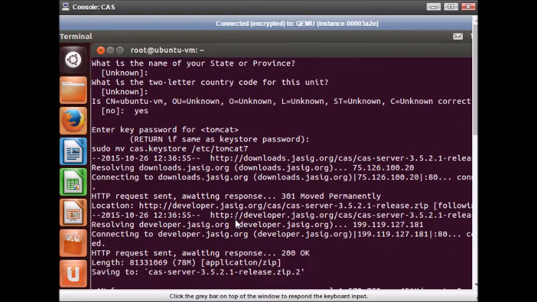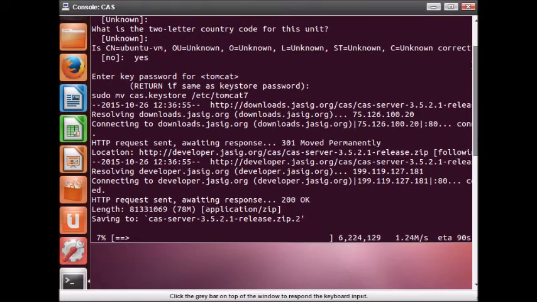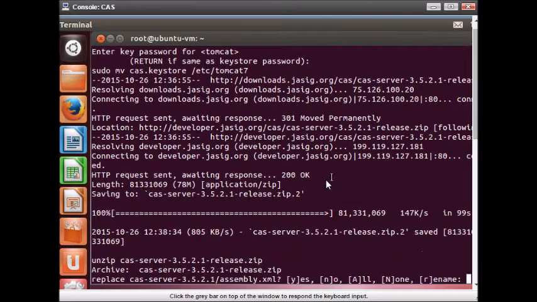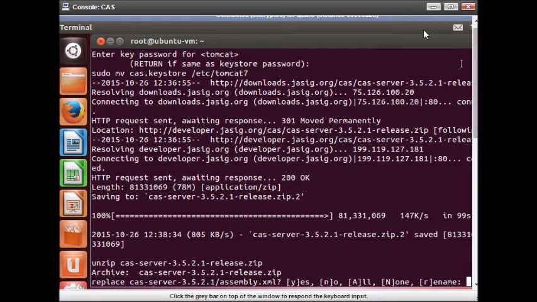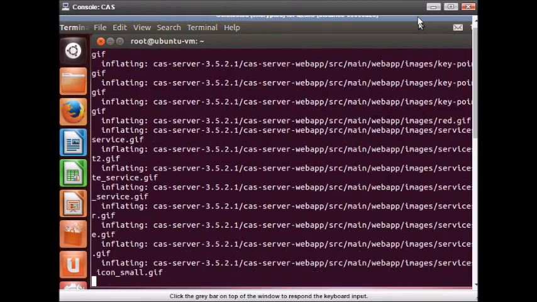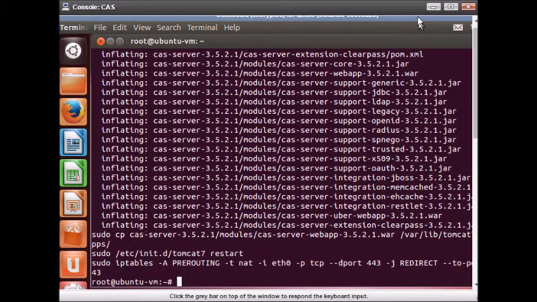Moving the file, then downloading jasig.org. So the download is completed, then we unzip it. So now the CAS server is set up.